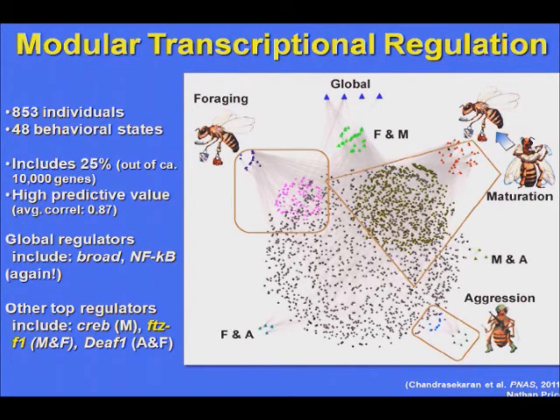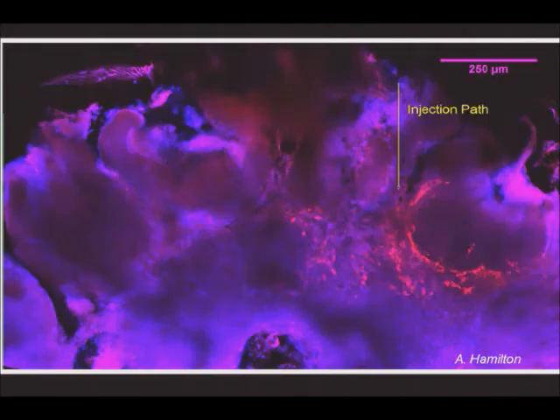So this gives us a very broad picture of expression, suggesting there's an underlying regulatory architecture, suggesting a few individual players that are worth following up. But as powerful as these systems biology approaches are, they are so big that they are kind of diffuse, and so we need to couple them with more specific analyses. So taking the lead from these findings from Broad and FTZF1 implicating juvenile hormone signaling in the regulation of gene expression, especially with respect to maturation,